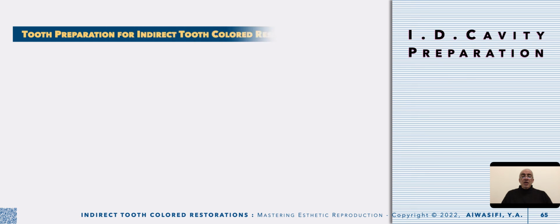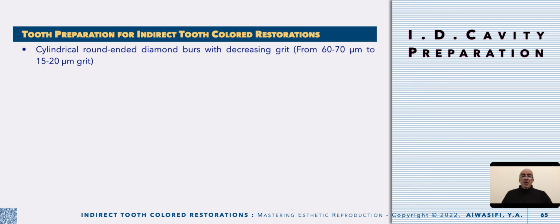Then we could conclude that for tooth preparation for indirect tooth-colored restoration, you use cylindrical rounded-ended diamond burs, okay, with decreasing grit, starting from the coarse one up to finishing the preparation with the least aggressive one, starting from 60 to 70 micron, then finishing with 15 to 20 micron grit to provide a smooth surface. Then the cavity should have slightly occlusally divergent walls, 6 to 8 degrees,